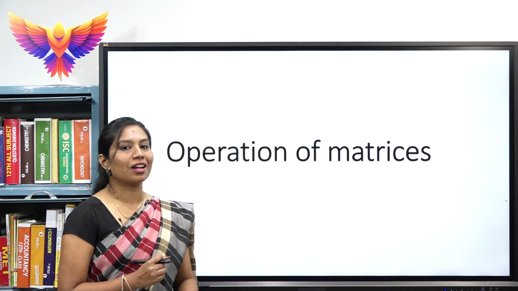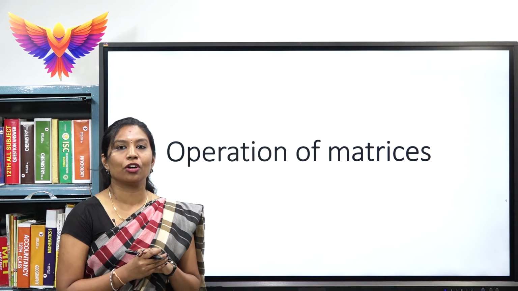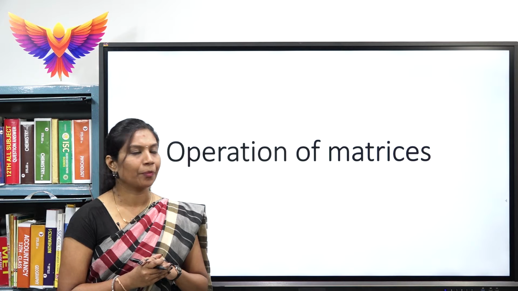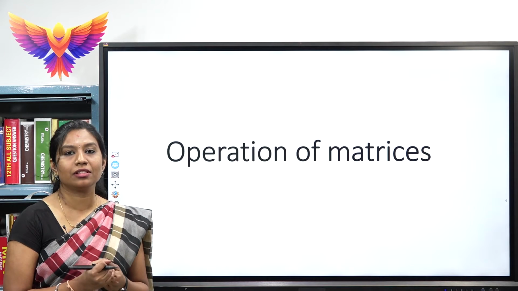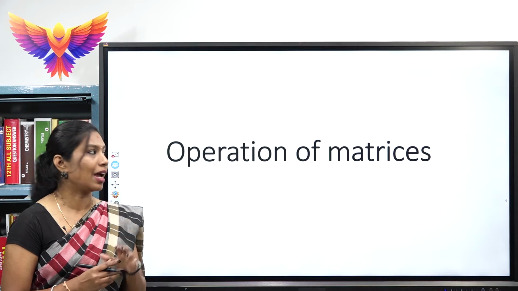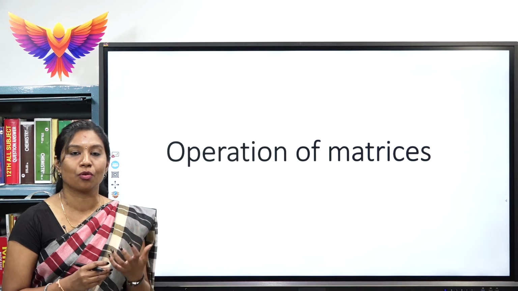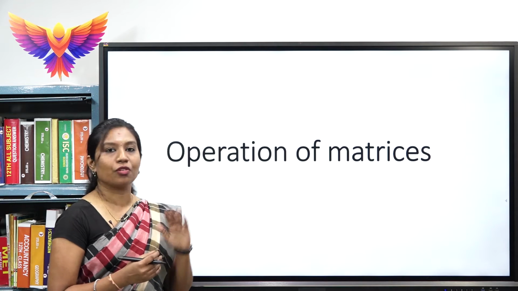Today we are going to start with exercise 3.2 matrices of your class 12th NCERT. Till now we have learnt about what exactly is a matrix, how you define a matrix, what is the representation of a matrix, and we have come across what is a row, what is a column, and we also have seen what is the order of a matrix and what are the different types of matrix that we have learnt here. Today we are going to work on the operations of matrix.